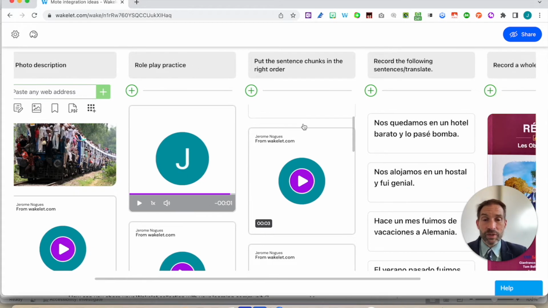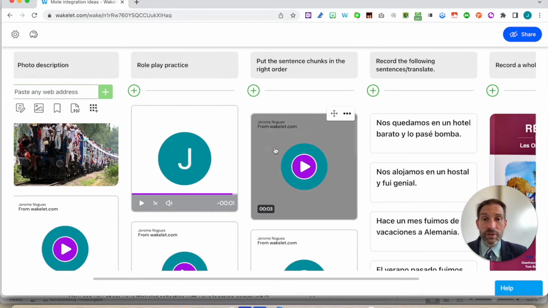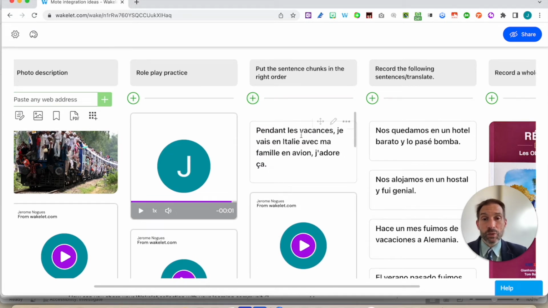But it's just something to be a bit faster, to be quicker. I think it's a good idea, and they will have the sentence in the wrong order. They will have to put it into the right order. Or if you don't want to have the sentence at the beginning, you could just have the